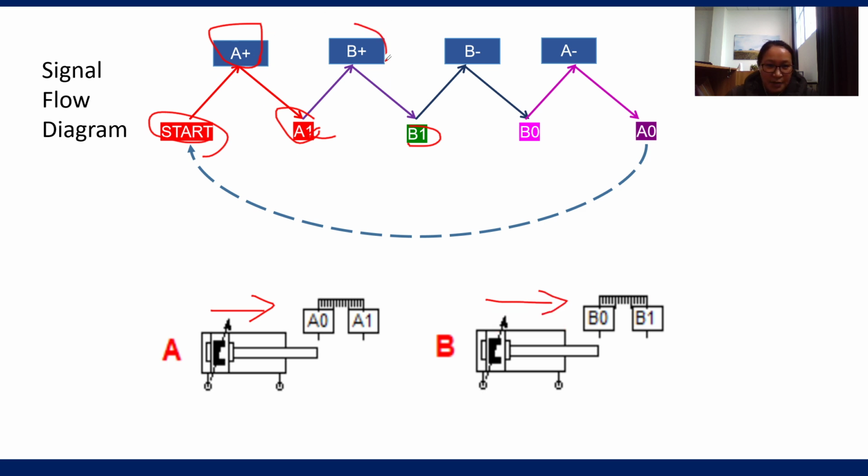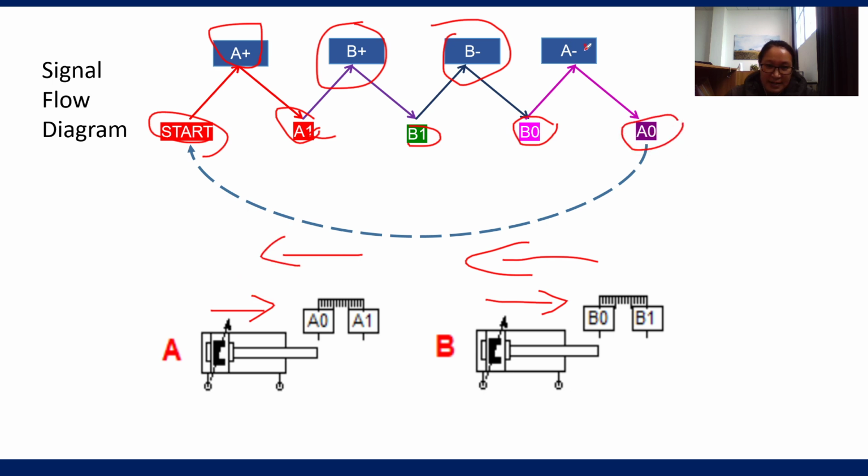It means B plus. After that, from B1 to B0, that means the piston B will move from B1 to B0. It means B minus. After that, the piston A will move from A1 to A0. It means A minus.